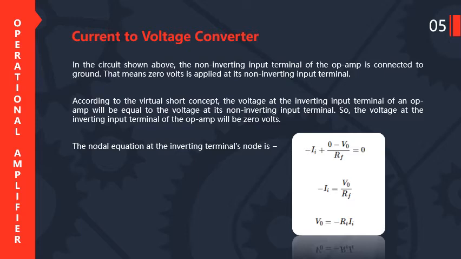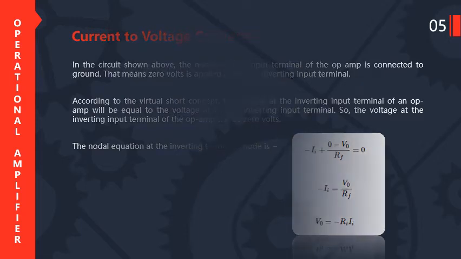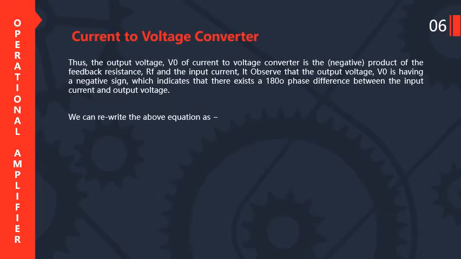And the output voltage V0 is equal to minus of RF into I1. Thus, the output voltage V0 of the current to voltage converter is the negative product of the feedback resistance RF